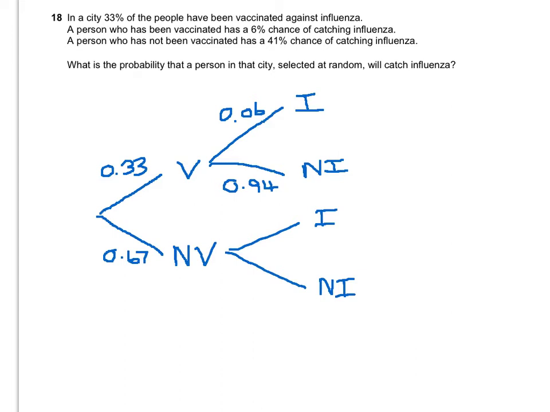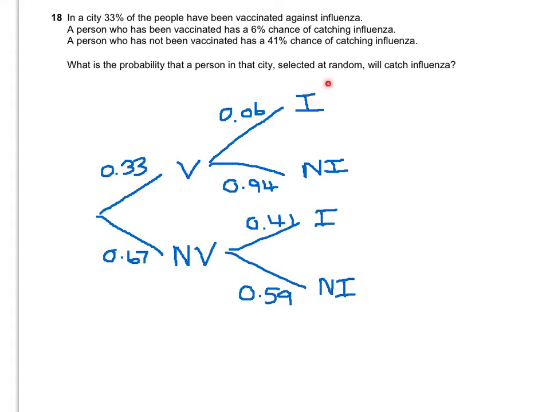A person who has not been vaccinated has a 41% chance of catching influenza. And so as a result, if it's 41% chance of catching it, it must be a 59% chance of not catching influenza. So now, the question says, what is the probability that a person in that city selected at random will catch influenza? Well,